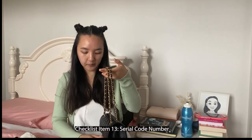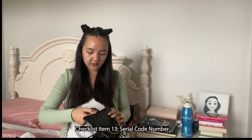That's my preference. So flat bases that stand up is next on my list. The next thing I look for, and this isn't really one that I look for, but it's a good one to check for authenticity, is what serial number is on the bag. So if we take this bag,